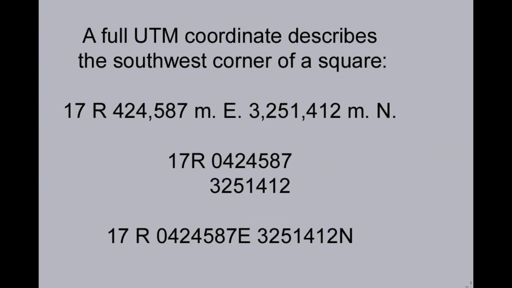Okay, so now let's look at a full UTM coordinate and how it is written. A UTM coordinate describes the southwest corner of a square, and it is written with the easting first and the northing second. In this case, we know that the southwest corner of this particular square, which by the way is located in Florida's Ocala National Forest, is located in Zone 17, Quadrant R, and it is